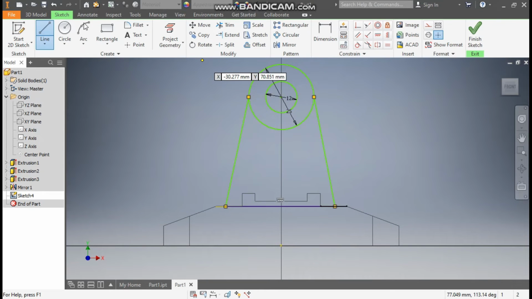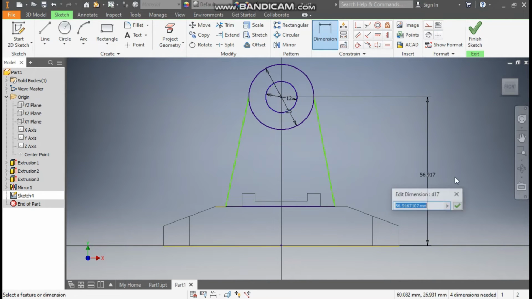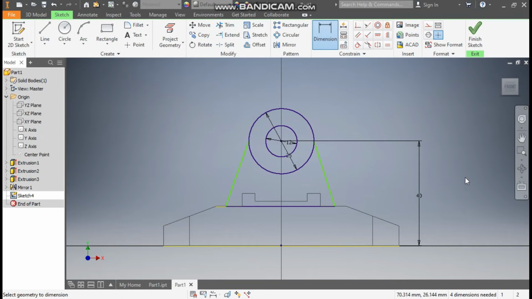Now go to sketch, take here vertical constraint, select this point, select the center. So this will be aligned with center. Now go to dimension. The height of the center from the base will be at 40 mm. Okay. Now here from this edge,